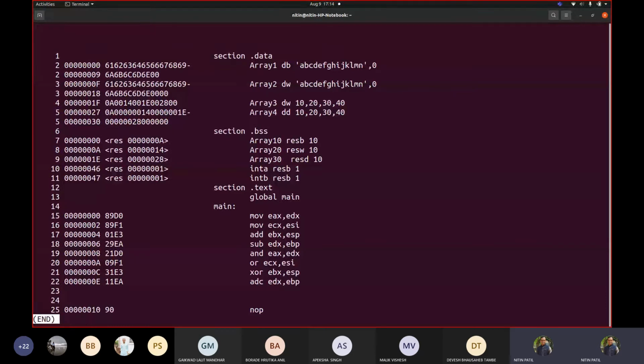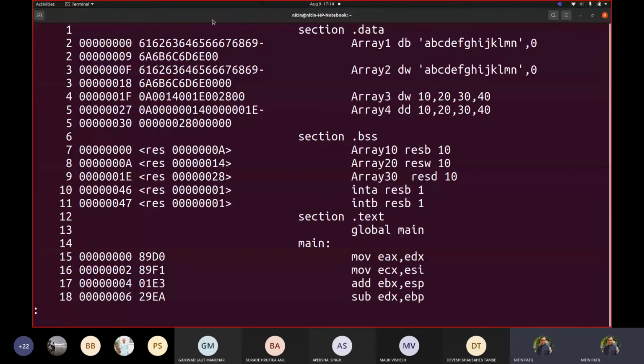Suppose I talk about this array 1, you will see that it started at 0. Then for every character it gave 2 digits, which comprises a byte. It started that translation for each and every character that came along, and when it ended, it shifted to the next value. So that's array 2.